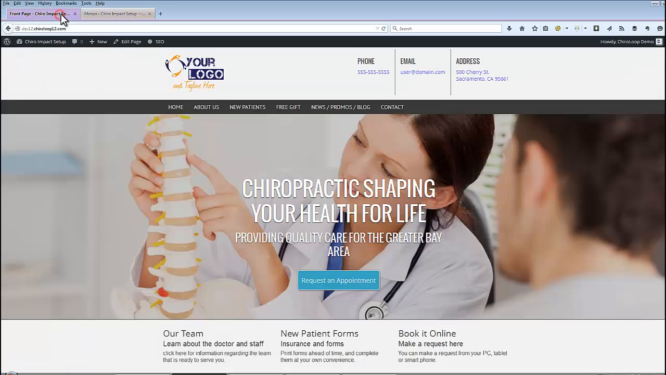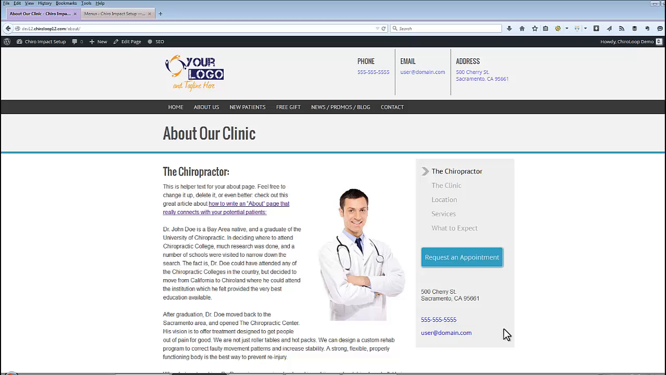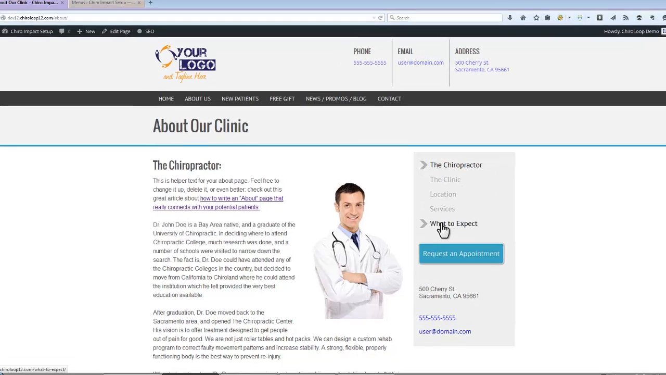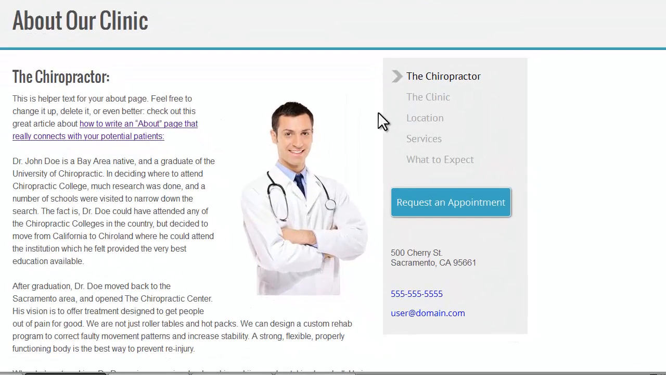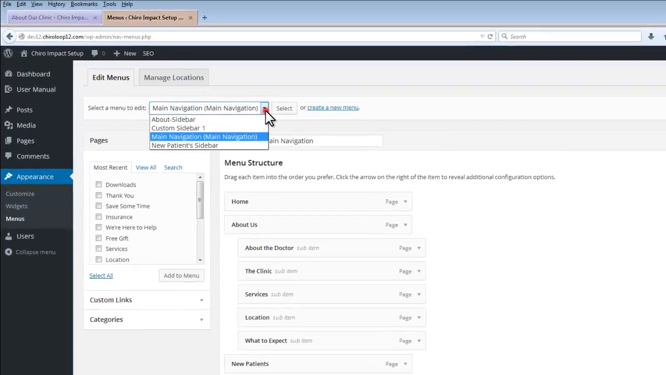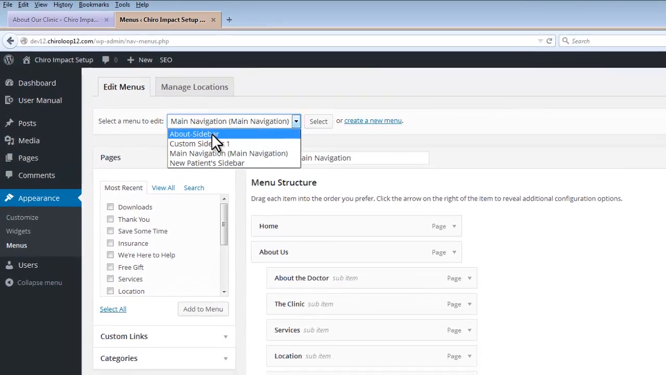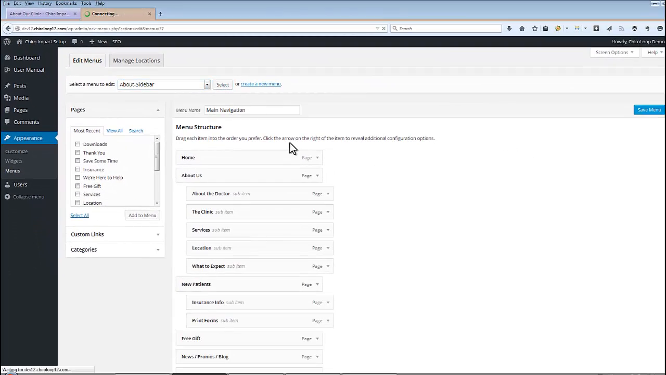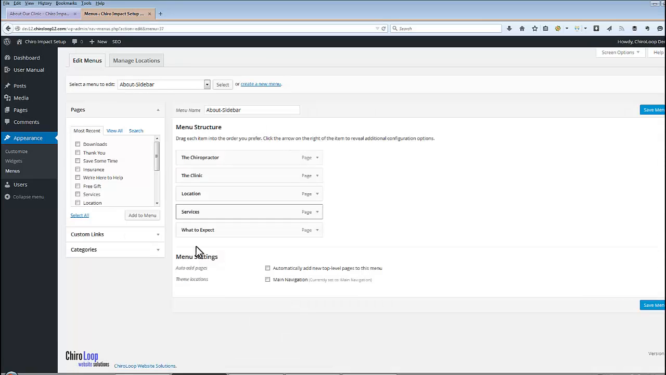If I'm on a different page, let's say the about us page, you'll see that there's a sidebar over here. And there's different options I can click in the sidebar. This is also a menu. This right here is called the About Sidebar menu. If I'm in menus, I can go to this drop-down arrow. There's an About Sidebar menu. If I click on that and hit select, it'll show me the About Sidebar menu and the various menu items